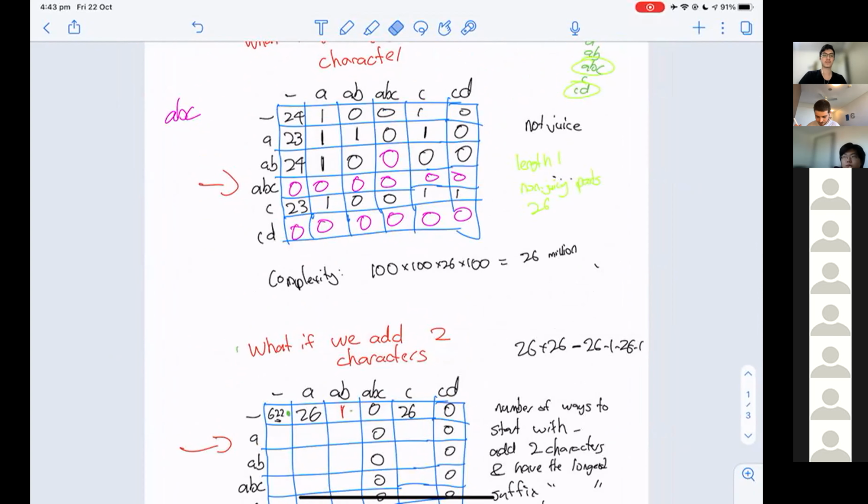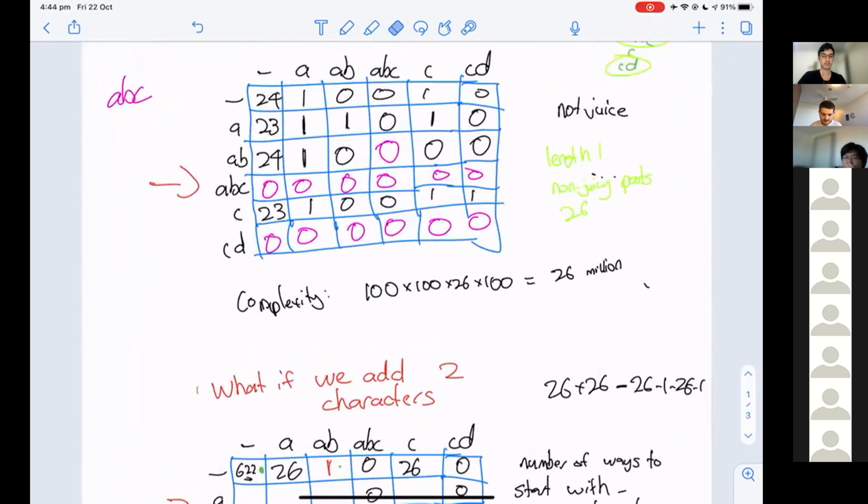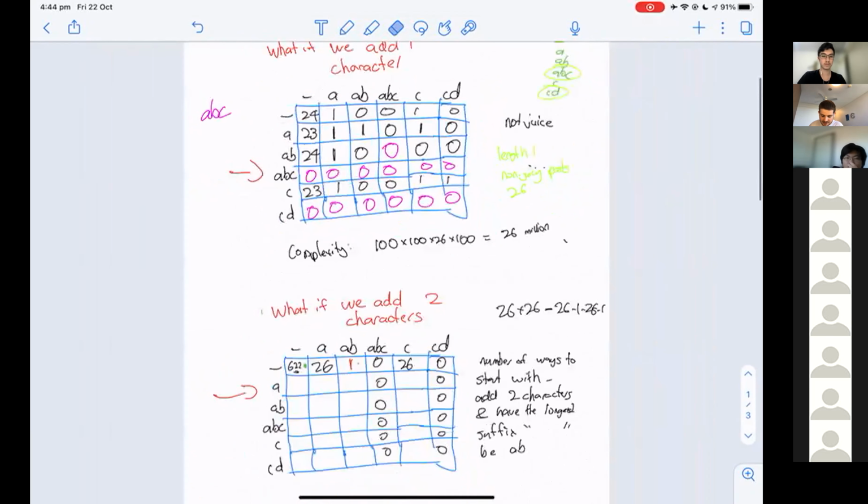If we take the first matrix to the power of 4, we'll get the number of ways to do it by adding 4 characters. Now, if you're unsure how this generalizes to 2, 3, 4, have a think about it, maybe play around with a few examples, and then hopefully it will make sense. But to get this matrix for what if we add X characters for some X, we just take the first matrix to the power of X.